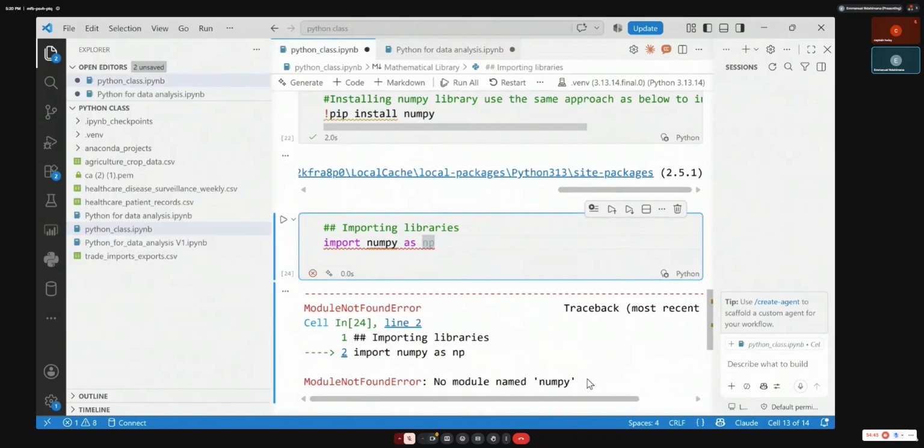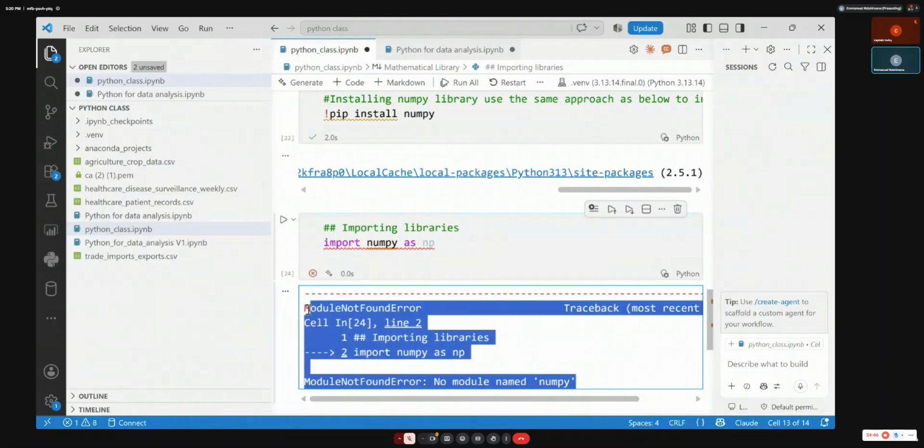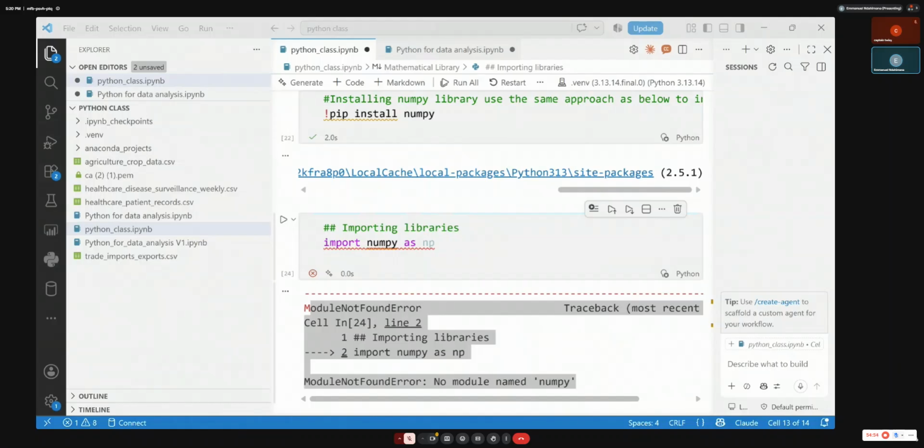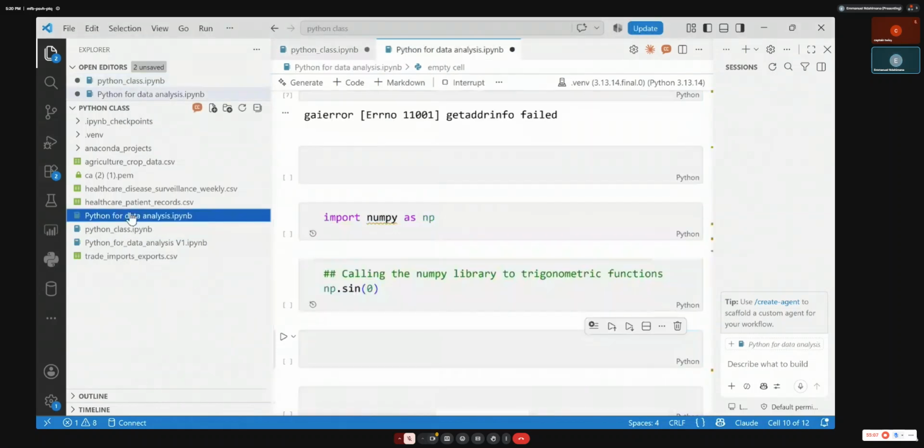Why? Let me see why. This error, I don't know. So in one place it's installed, in another it's not installed. Even where it is installed, it is taking longer. That's my worry. If it was working, I could be happy and continue.